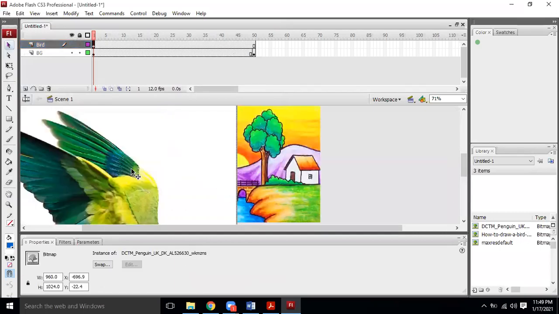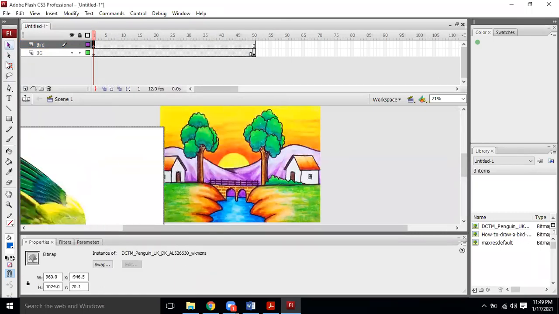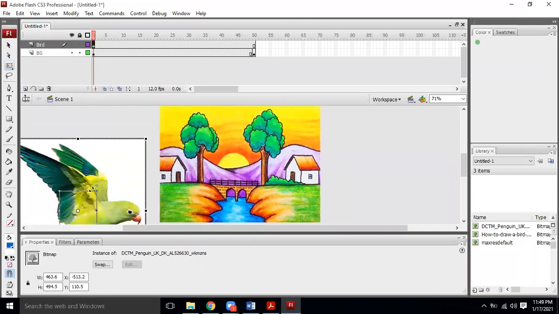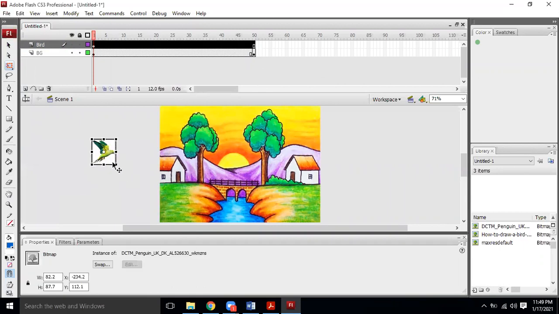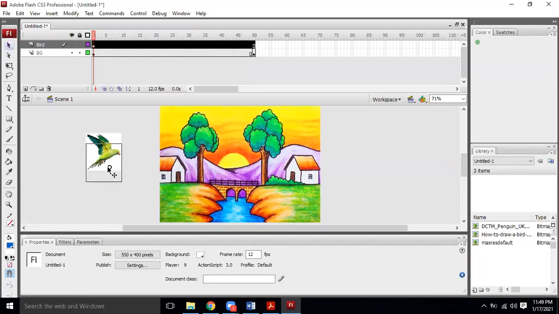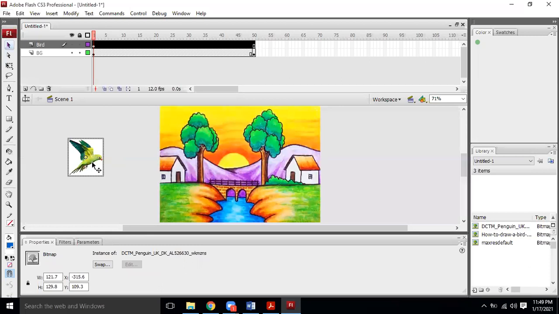this image. This is a large image. What I can do is make it small by resizing it. Now the white area is there in this image. This is a problem with this image, that it contains some white area. In Adobe Photoshop, it is quite easy for us to delete the white area. But over here, you will have to remove the white area, otherwise the white area will also come in your animation. So these are the problems that you normally face.